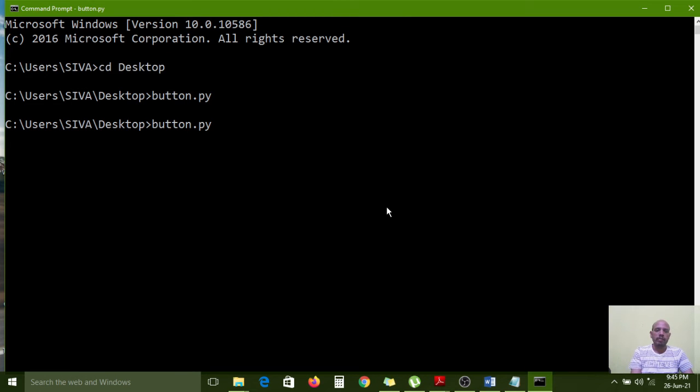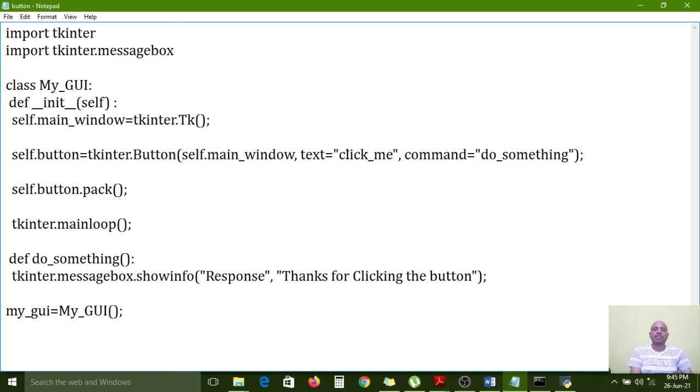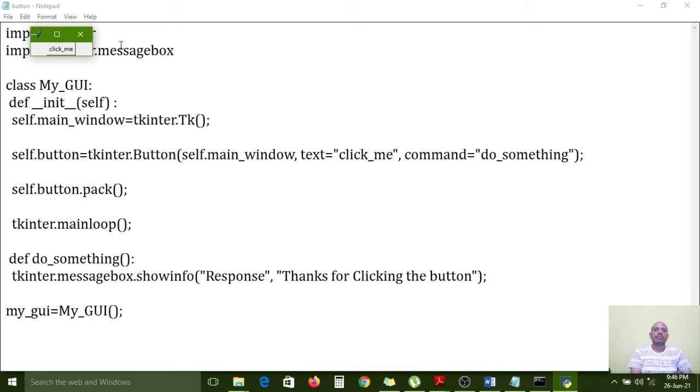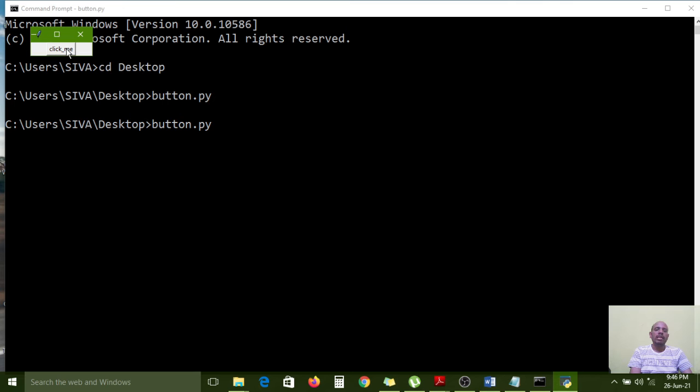Right, again one more time executing. Yeah, here the click me button is there now. The click me text, where we have to configure here, this one, the button content, click me text. If you read that one, immediately you can click now. When you click the button, automatically one more window will open.